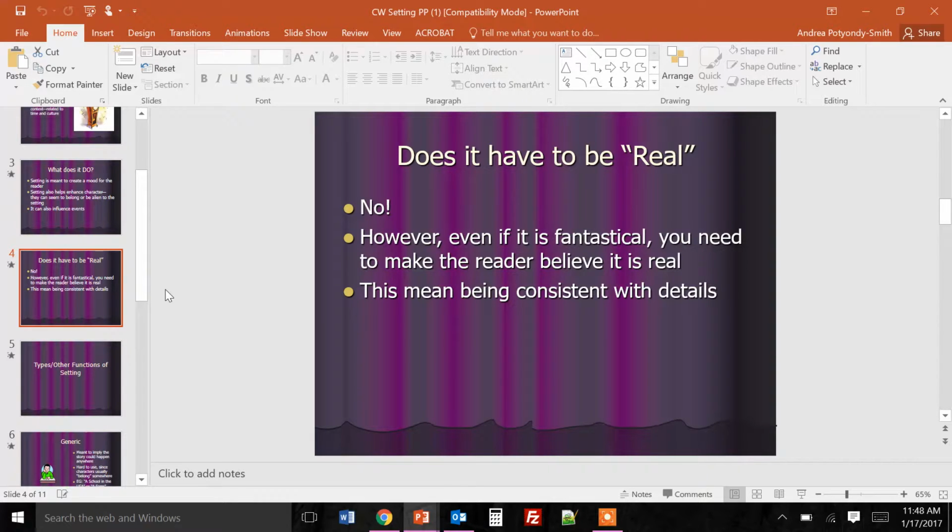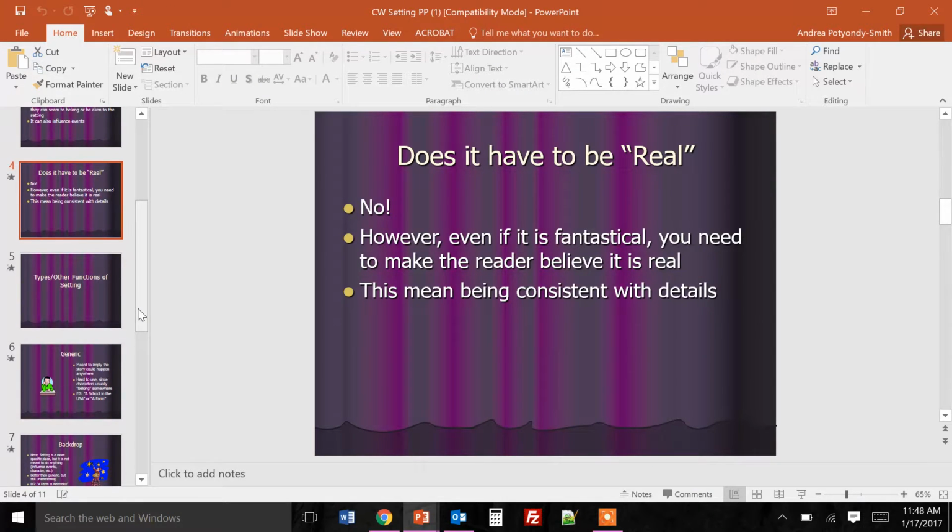Or, for example, if you watch Star Trek, you have things like Vulcans and Klingons, and they have their own homeworlds, and they have their own place where they live and exist and function. And we can believe that those places exist because they're well described, or in the case of television, well shown.